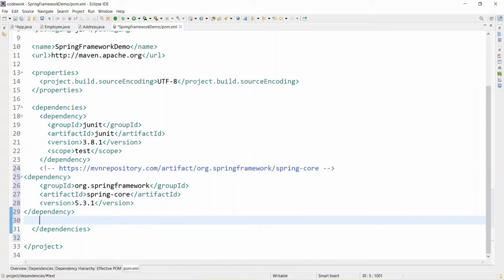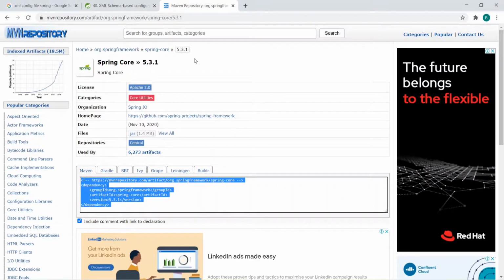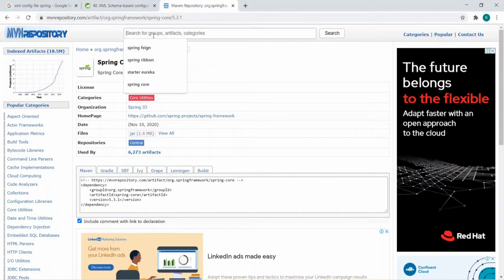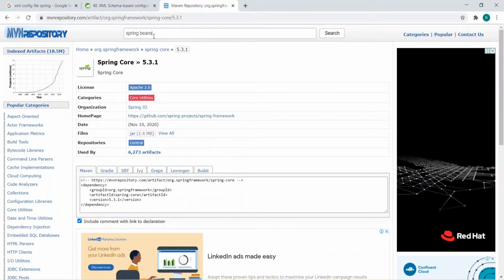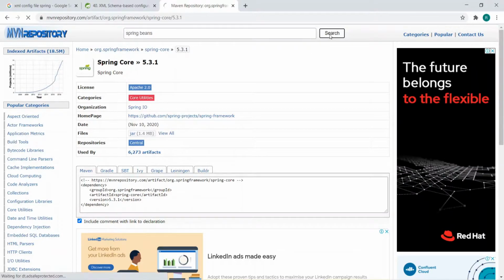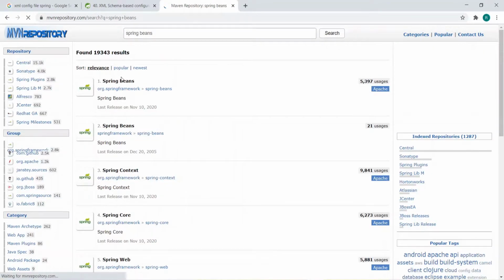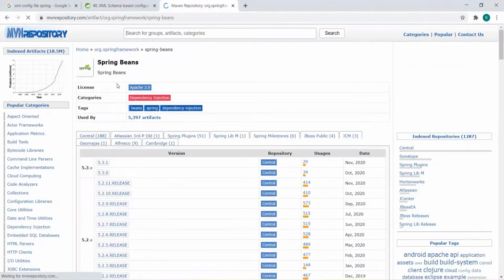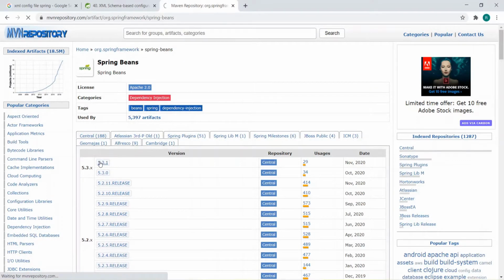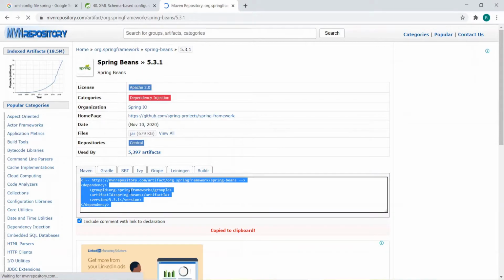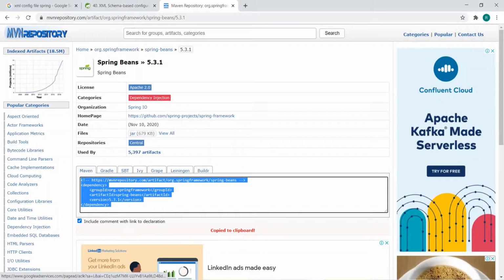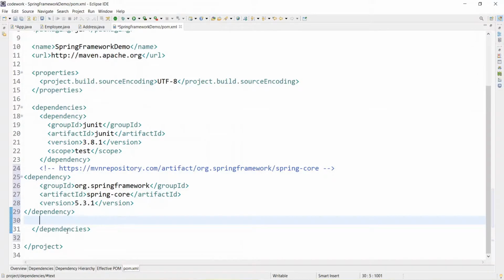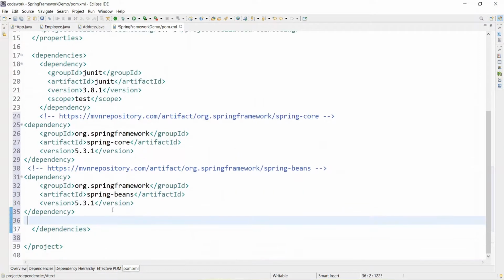Similarly, go to the Maven repository and take Spring Beans as well. Search here, Spring Beans comes up, select it, select the latest version, Control C, go to the Eclipse project, Control V. So we got the dependency of Spring Beans as well.